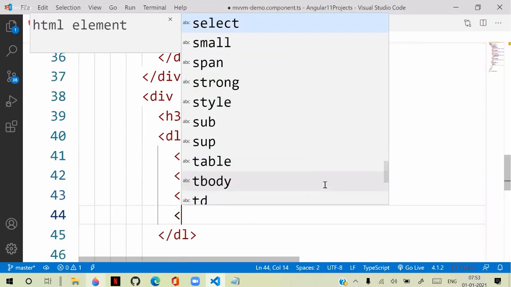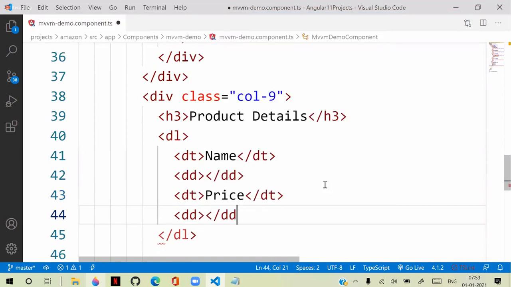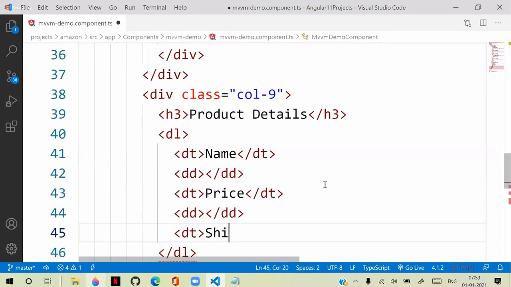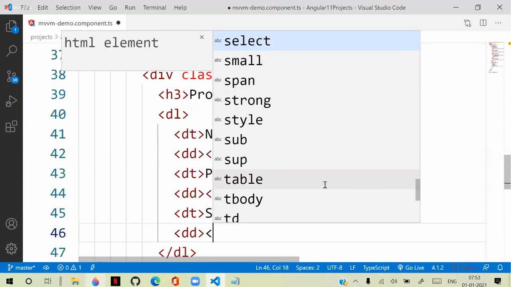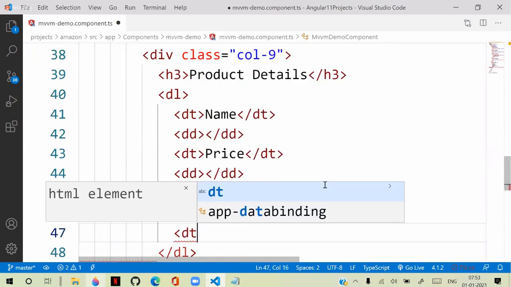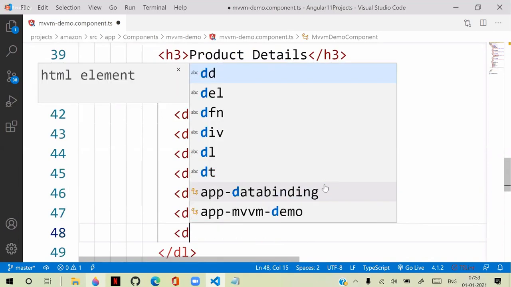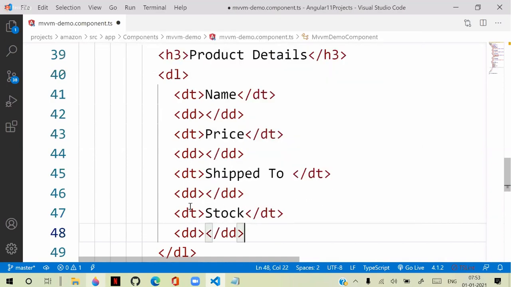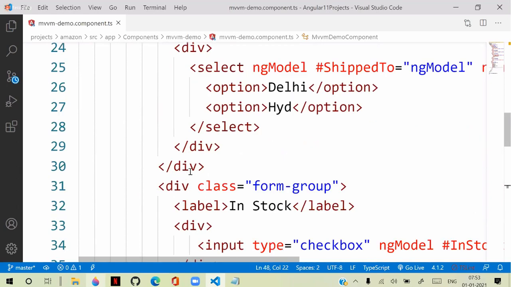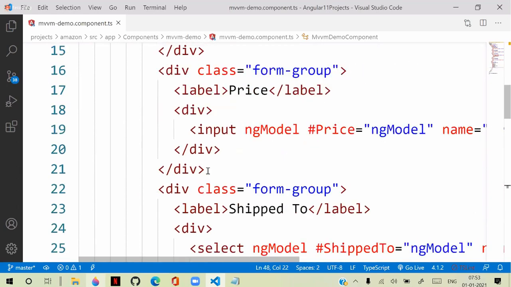Data term is shipTo, and I want to display that. Another data term is inStock, and data term and data definition I just kept empty initially. Okay. Now we need to collect the data from these elements and access the data and use that here.